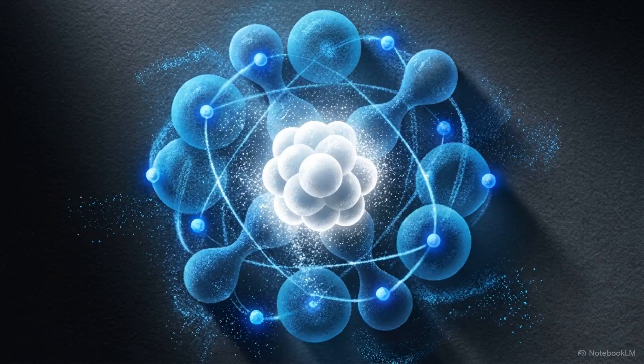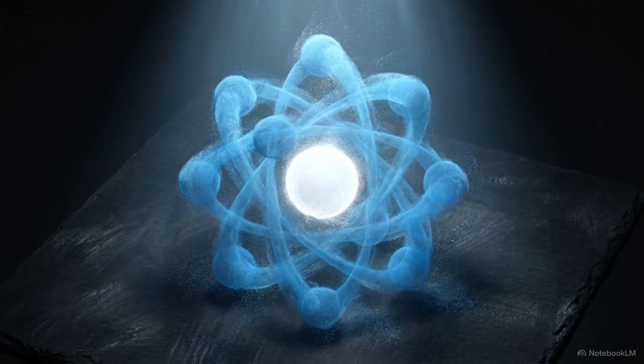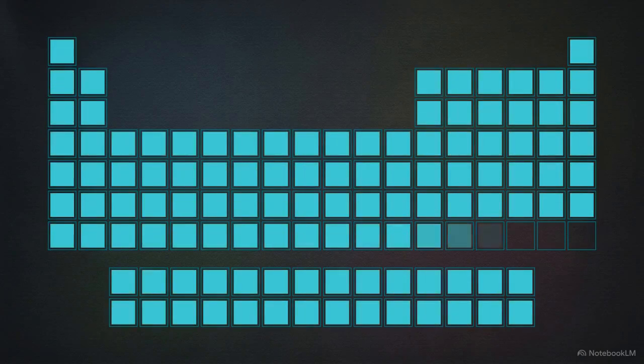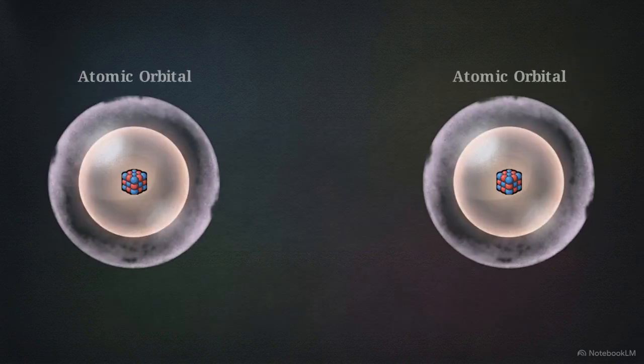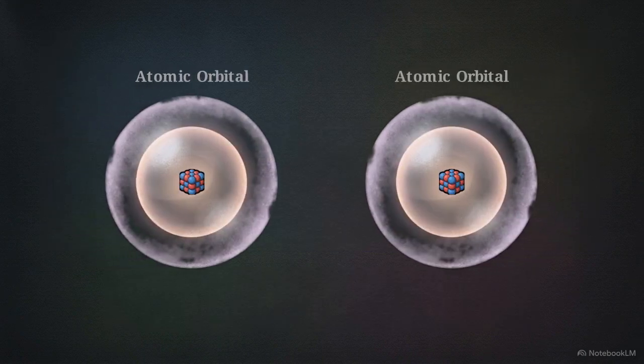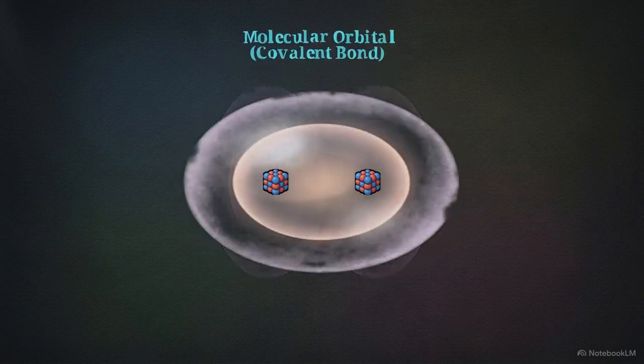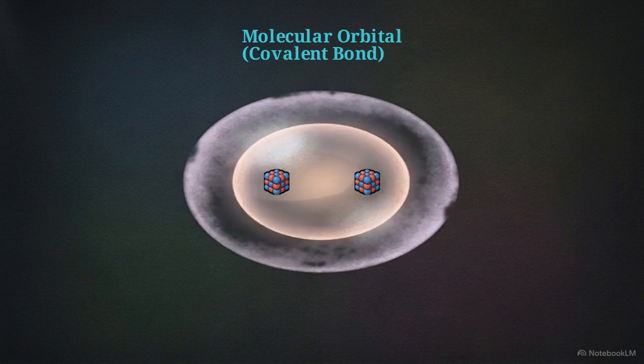When you apply all these rules, the modern model of the atom emerges. It is a dense, overlapping web of spherical and dumbbell probability clouds pulsing in the microscopic void. The exact arrangement of these electrons determines the behavior of every element on the periodic table. It is the extreme outer boundaries of these probability clouds that interact. The shape and occupancy of these outermost orbitals dictate exactly how atoms bond together to build the molecules of our